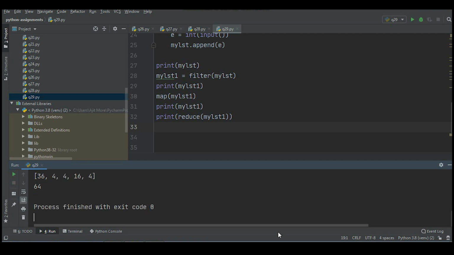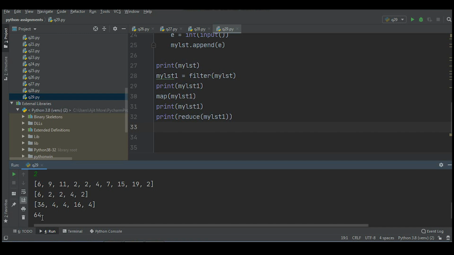Now just check. It has returned your filtered list. This is your inputted list. The filtered list is containing only the even elements, and this list is containing the square of each element, and last it is returning the addition of all this. I guess you're enjoying this question.